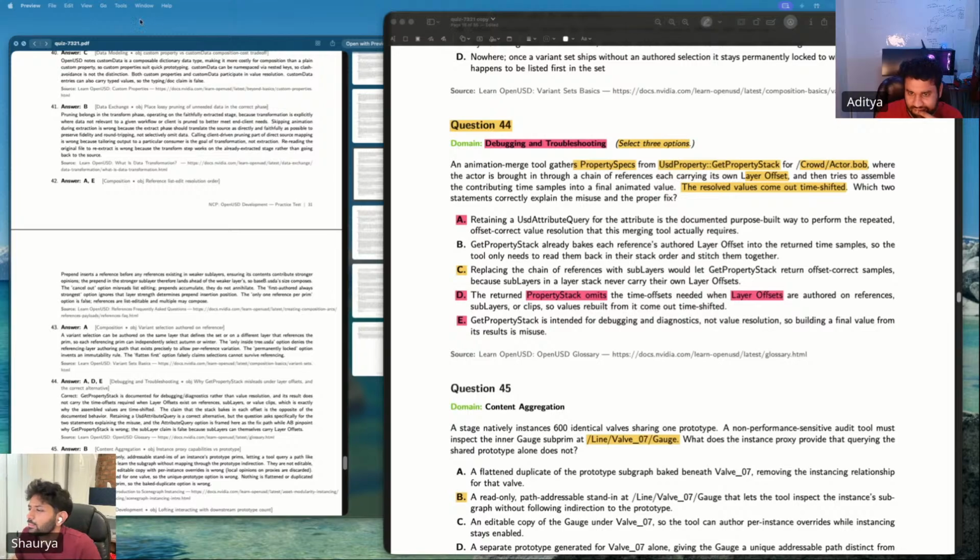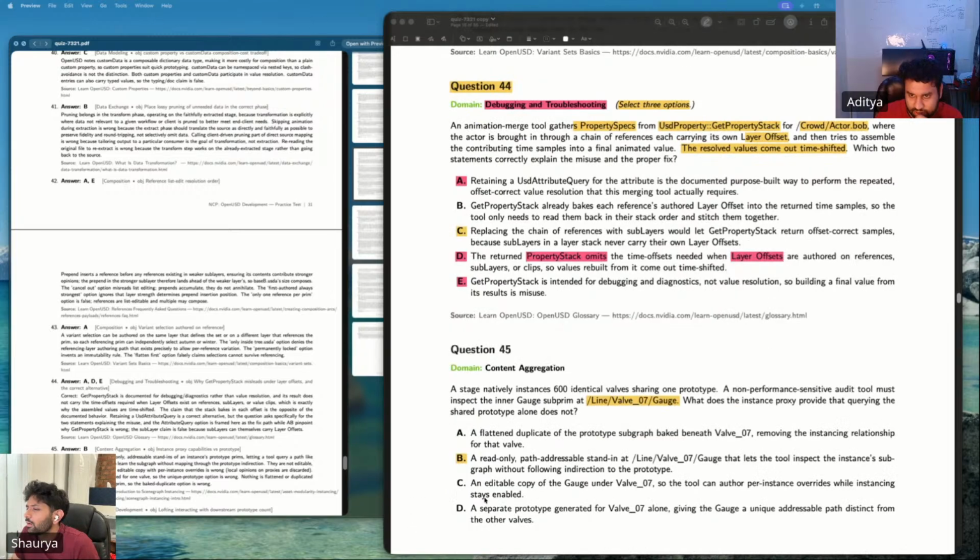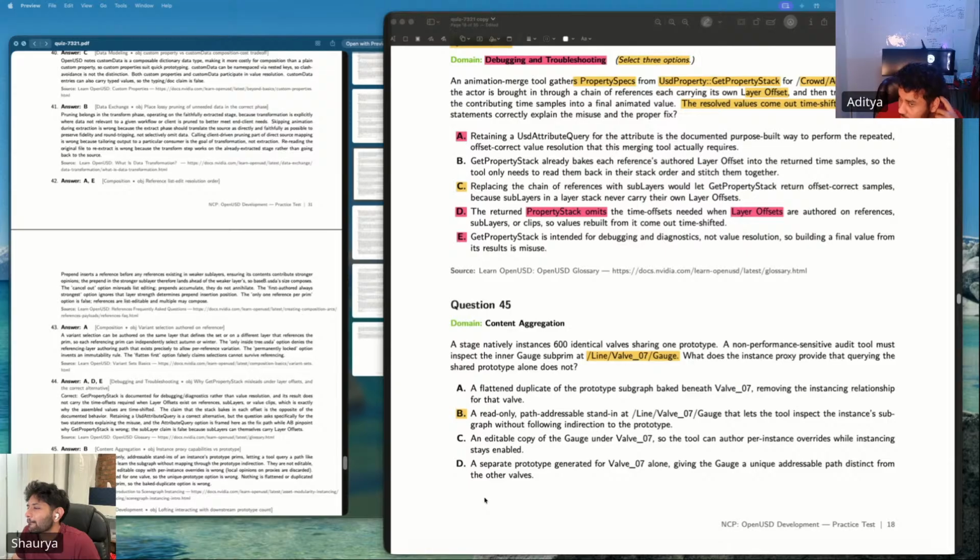It's crazy. Wait, stage natively instances 600 identical valves sharing one prototype. I think over here process of elimination was used for sure. A non-performance sensitive audit tool must inspect the inner gauge at line valve 07 gauge. What does the instance proxy provide that querying the shared prototype alone does not?